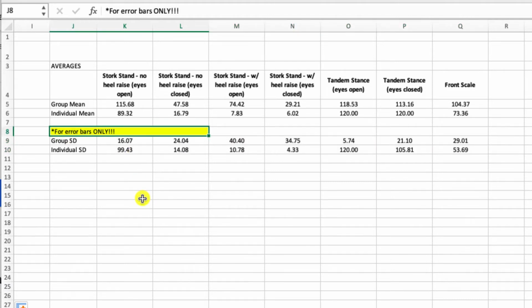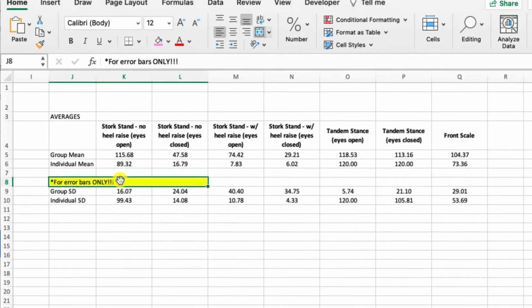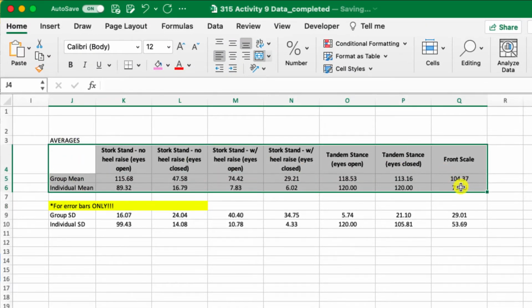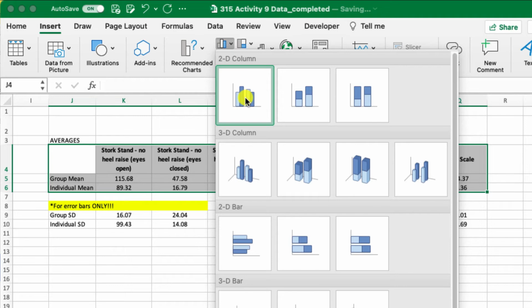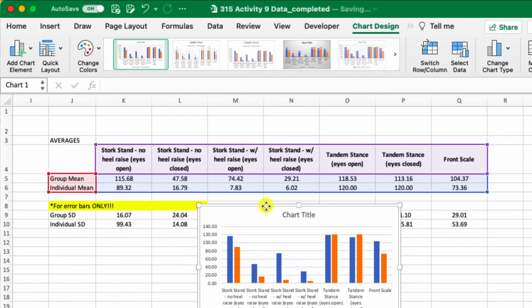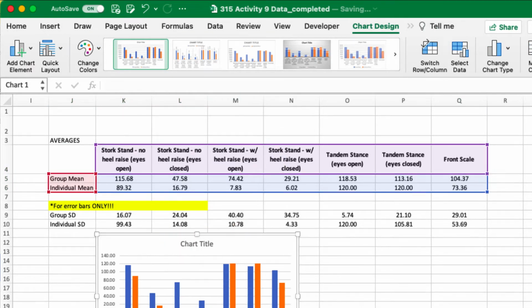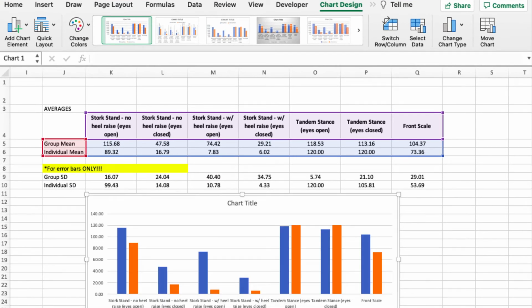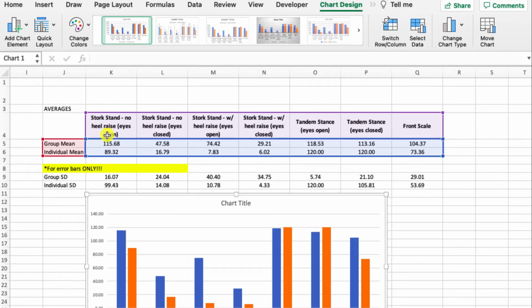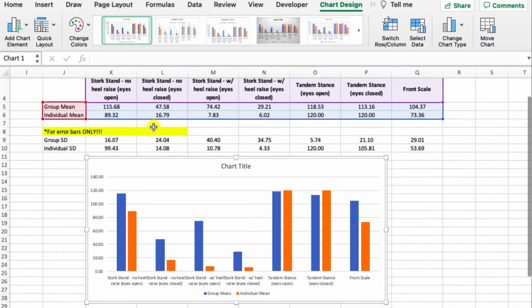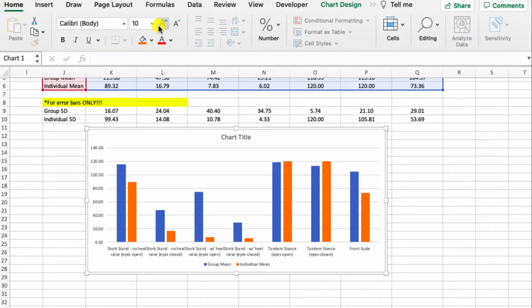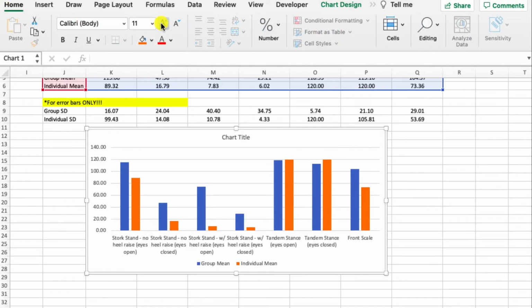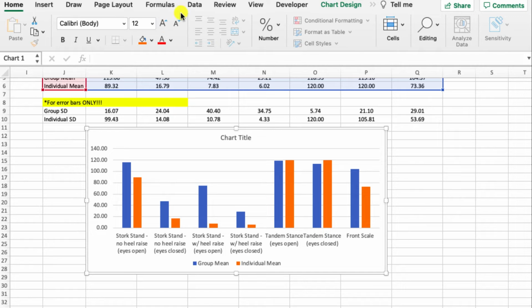Similarly, the standard deviations have been separated into their own table, and that's because they're going to be used for error bars only. So from here, what we can do is highlight our averages and insert a clustered bar graph. We should get something that kind of looks like this, and I'm going to make this bigger so that it's a little bit easier to see. Also, I'll make the font larger so that we're not squinting. Okay,